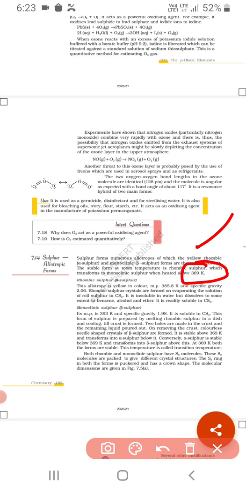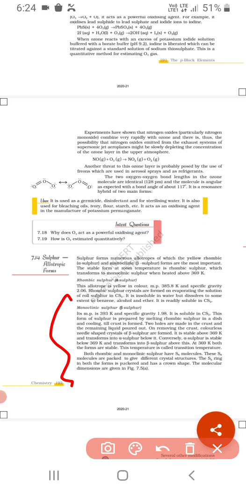Rhombic sulfur is pale yellow in color and has a specific gravity of 2.06. It is formed when the solution of roll sulfur in CS2 is evaporated. It is insoluble in water, but it is soluble in organic solvents like benzene, alcohol and ether, and readily soluble in carbon disulfide. Now we are going to discuss monoclinic sulfur, which is called beta sulfur.